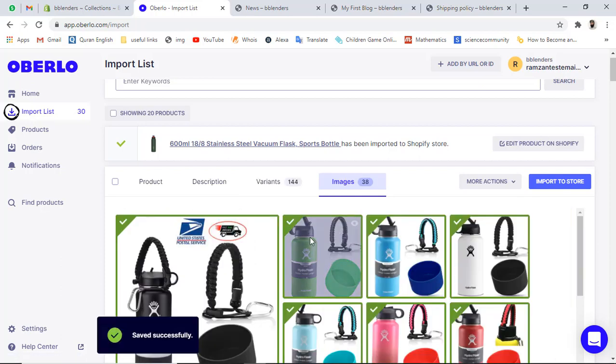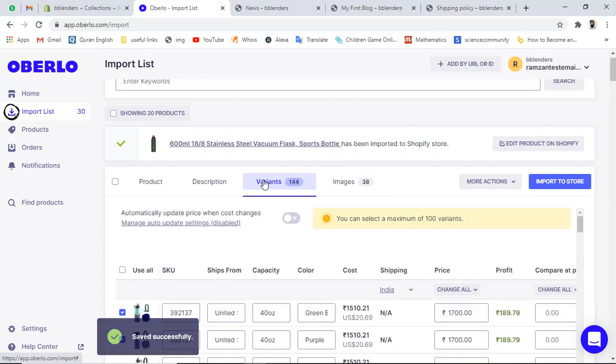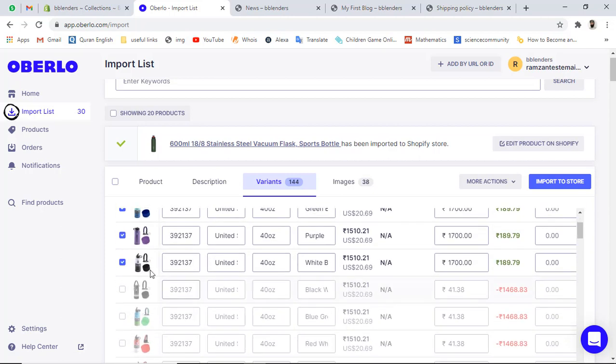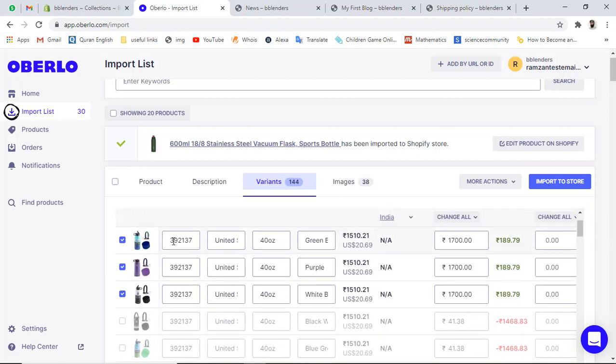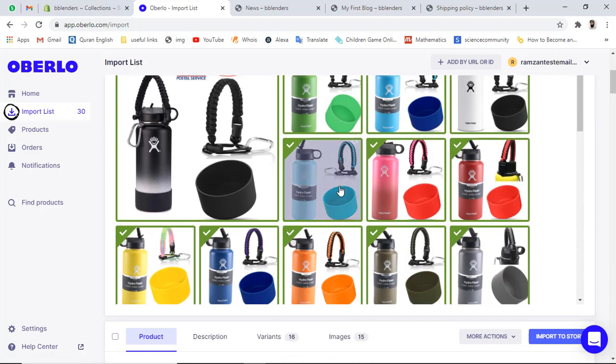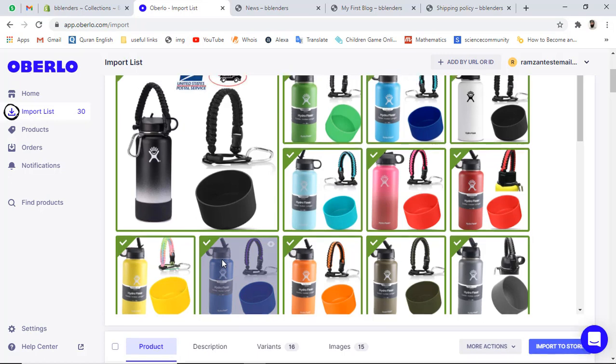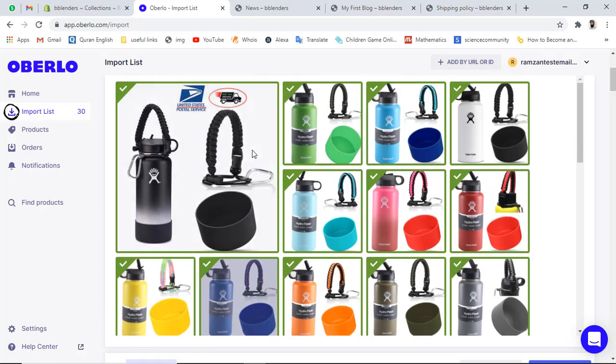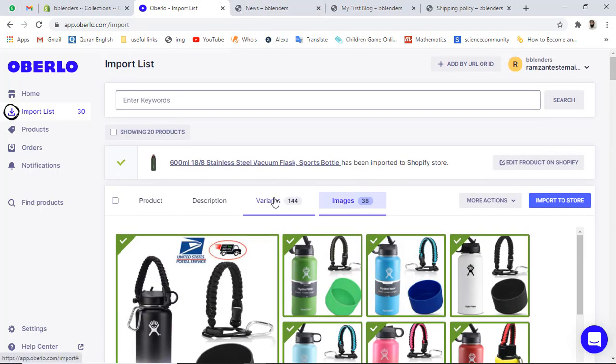And here you can see that we have the images according to the variant. So we need to cross check which bottles we are selling, and accordingly we have to select those images. Otherwise we can unselect those images. All right, so you can see that we have a lot of images. Let me cross check once again by clicking on variants.